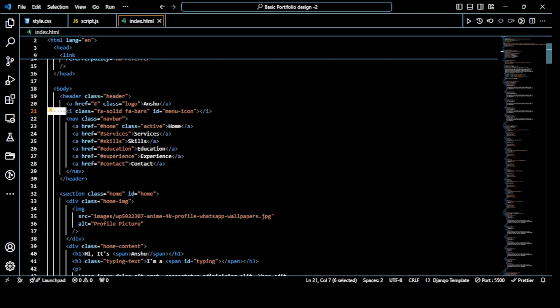Then we have created a navbar with class as navbar and the anchors for the different things that we wanted, like home, services, skill, education, experience, and contact. And then we have gone to our home section, which is going to give us the home image as we have seen before starting,